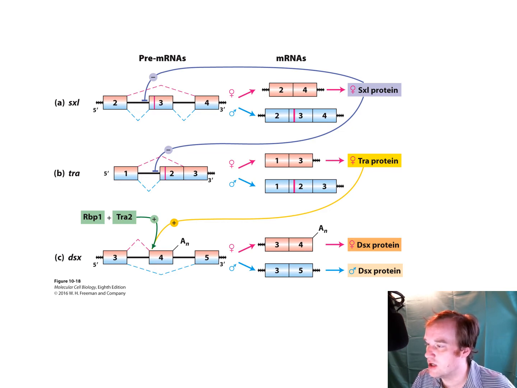In this figure, the boxes are exons and the lines are introns, and that's all that's shown. There are no upstream or downstream UTRs. And in this case, anytime there is a line within an exon, for example, right there, that is a stop